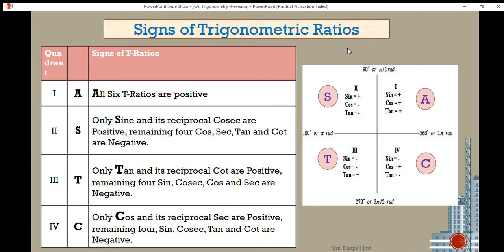Now the signs of trigonometric ratios, this you have to remember for the 4 quadrants. As we know, there are 4 quadrants on the xy plane. So this is your 0 degree angle. On the positive x-axis the angle is 0, and from this positive x-axis we start to measure the angle. When you calculate the angle in the anti-clockwise direction, the angle will be positive, and when you calculate it in the clockwise direction, the angle will be negative.